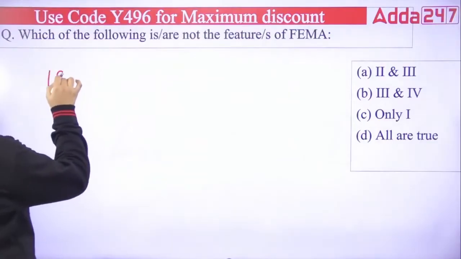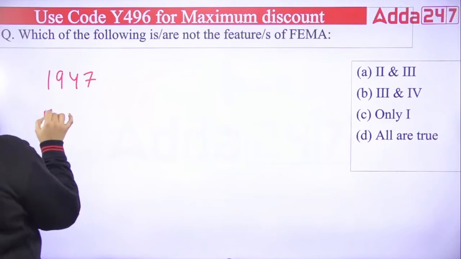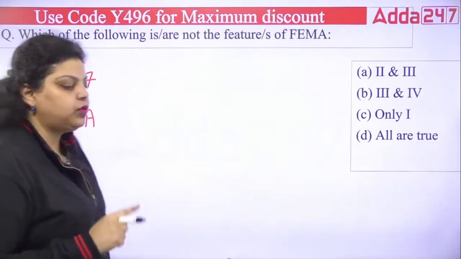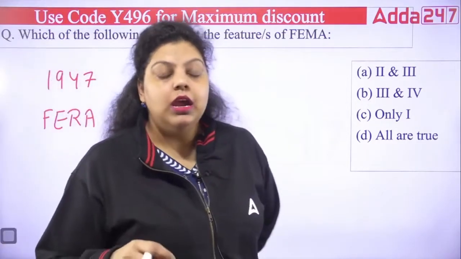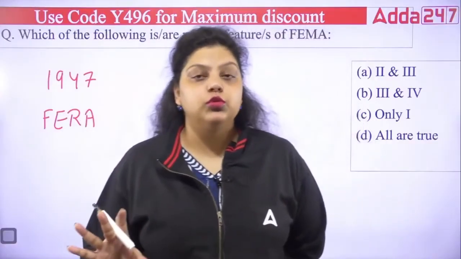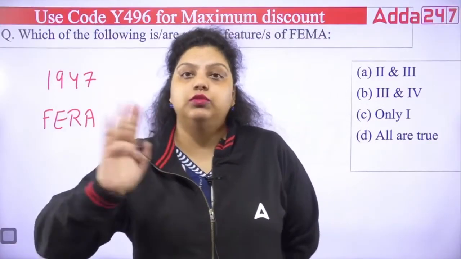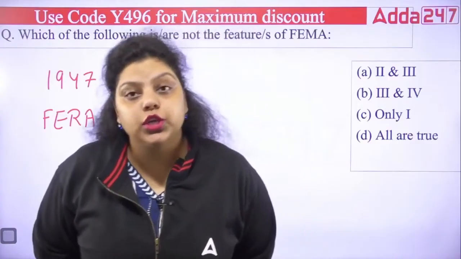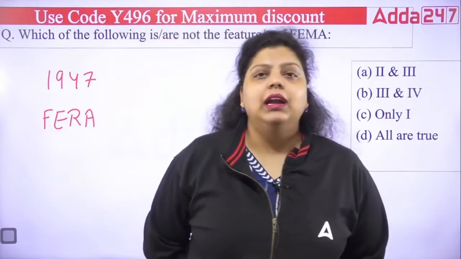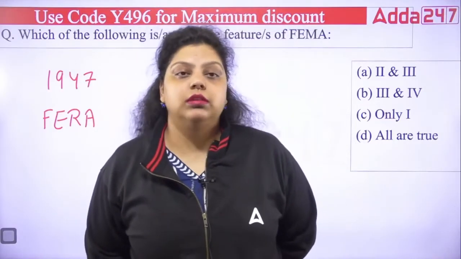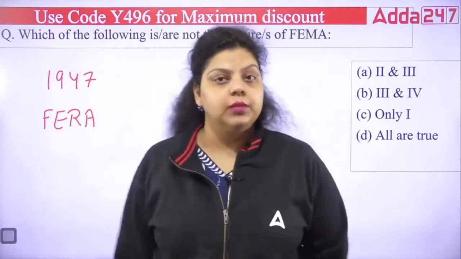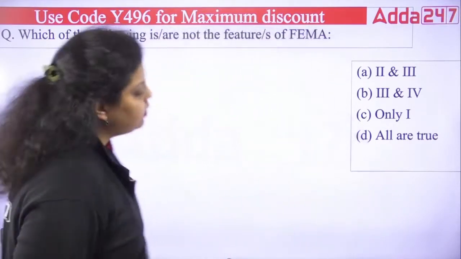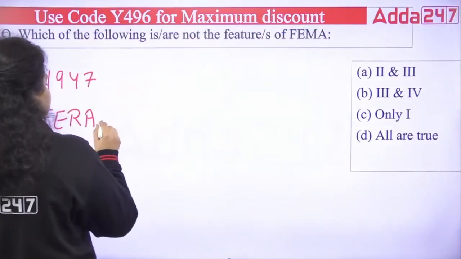So, in 1947, actually, we introduced the Foreign Exchange Regulation Act. As the name suggests, Foreign Exchange Regulation Act. A lot of regulations and restrictions used to be there on foreign exchange. It means the transfer, the exchange of currency. If you want to exchange the currency, a lot of restrictions have to be followed by you, and accordingly, these restrictions were given under the Foreign Exchange Regulation Act, and it is observed or managed by the Reserve Bank of India. Clear? What happened then? In 1973,